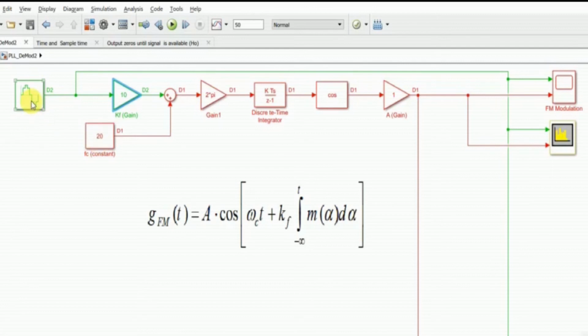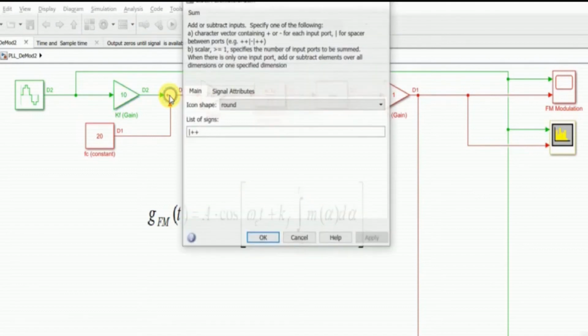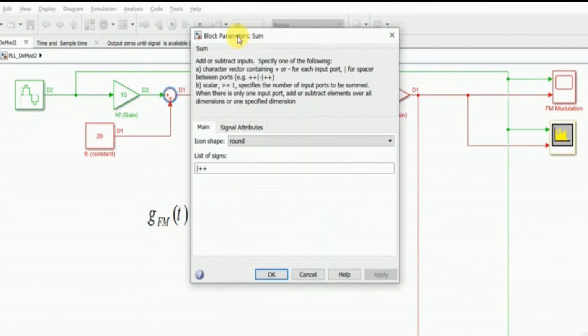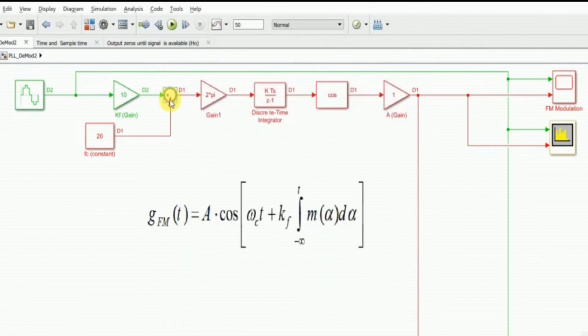So message signal was at low frequency at 2 radians per second, while the carrier frequency is at a higher frequency, that is at 20 hertz or 40 pi radians per second, right? So then we have a summation block here. So that summation block is expressed over here. So all of these three blocks then